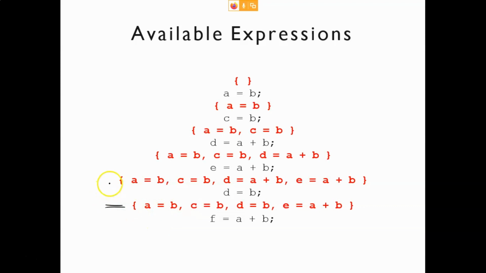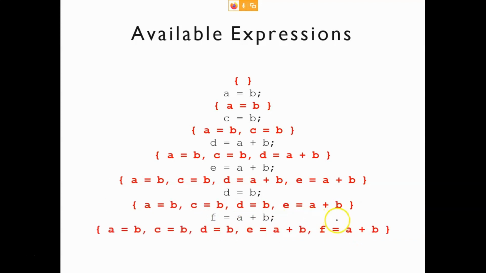So what you will get is this. You can see that from here to here we have removed this expression because it is no longer available, and we have included this expression because now it is available. Now after this expression, the set of available expression will include this, and you will remove those expressions which contain F. There was no expression which contains F, so there is nothing to remove. So this is your final set of available expression.